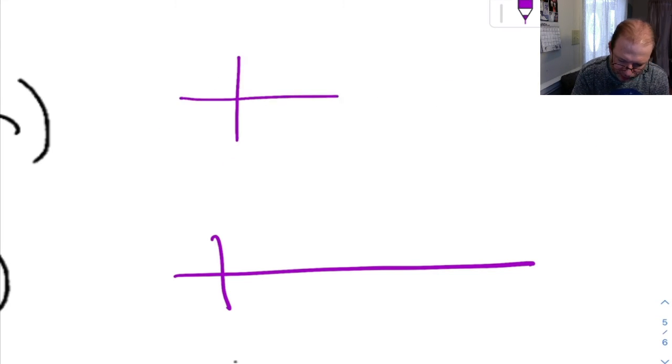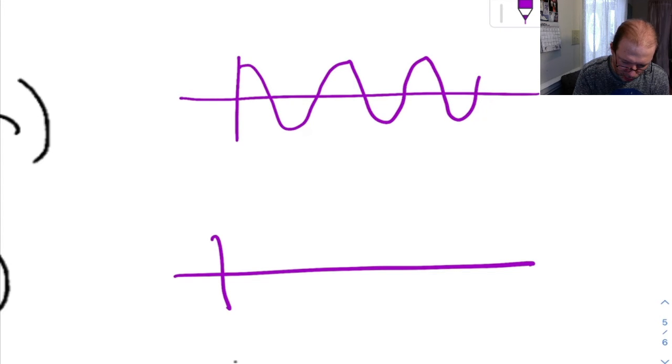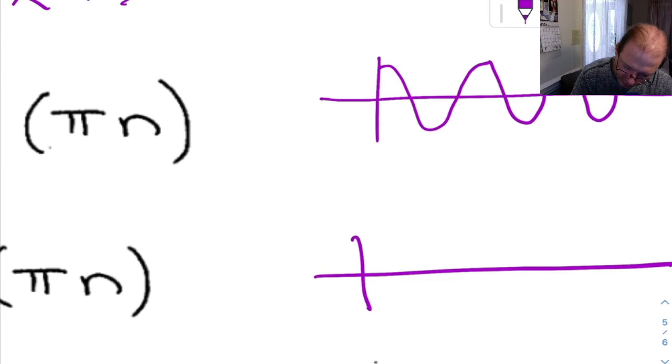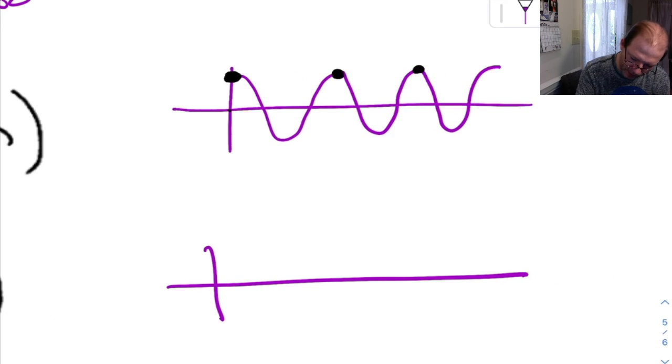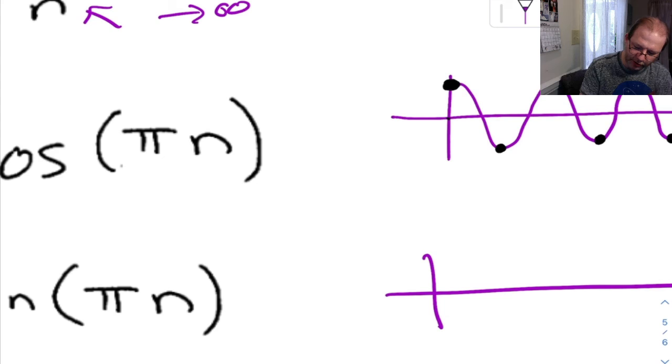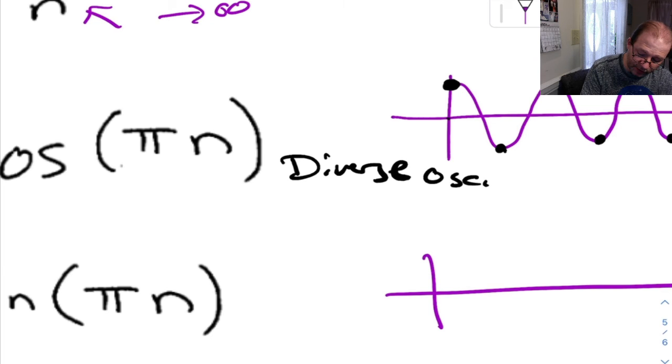For cosine, the multiples of pi n are going to be, let's see, here at 0, which I should mark up here. This is at 2 pi. This is at 4 pi. That's at 6 pi. And the odd multiples are going to be there. So cosine is going to bounce between 1 and -1. So this is going to diverge because it does oscillate